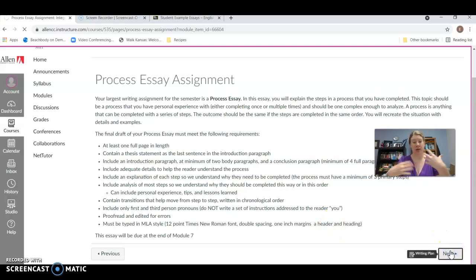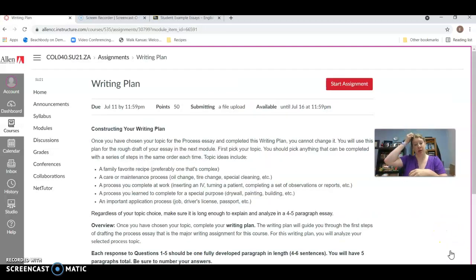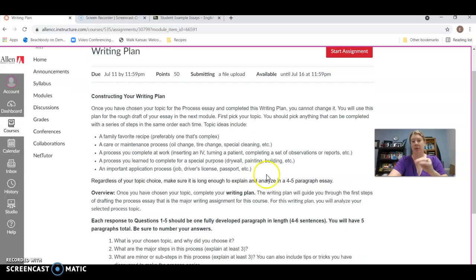So what you're going to be doing in this assignment or for this unit is basically planning it. So once you've read through that, then you kind of choose your topic. Once you've completed this writing plan, you're stuck with that topic. So I would give it some good thought before you finish the writing plan. And if you have to redo it and submit it again, then that's fine. But once you've completed this writing plan, this is the topic you're going to use for the next 3 modules.